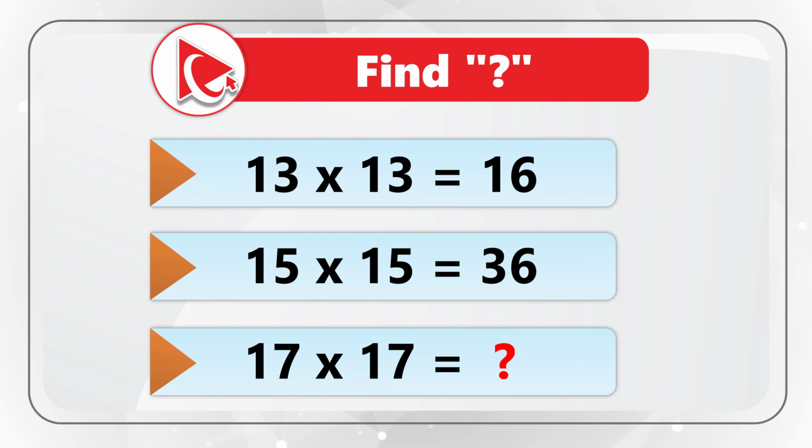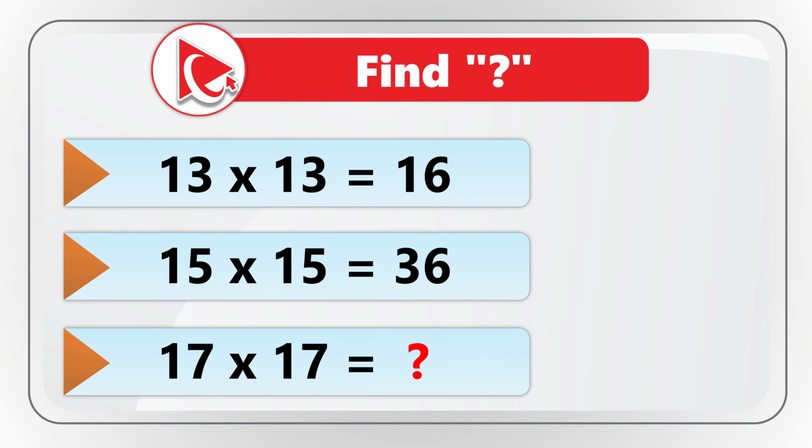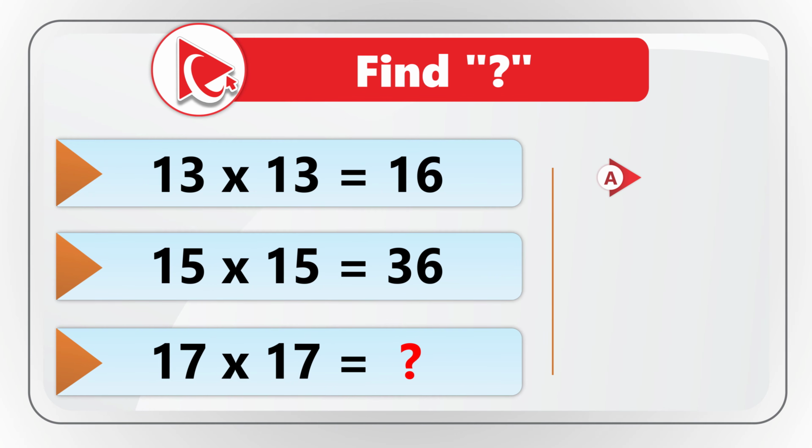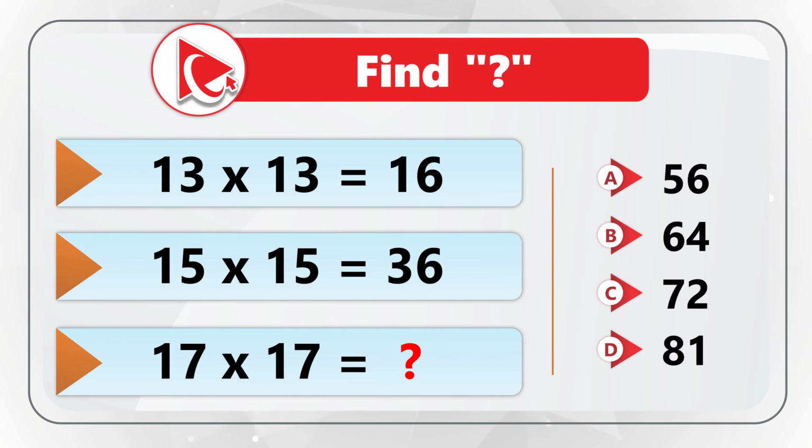You need to calculate and select the missing number out of four different choices. Choice A, 56. Choice B, 64. Choice C, 72. And choice D, 81. Take a close look, maybe pause this video for 10 to 15 seconds to see if you can calculate the